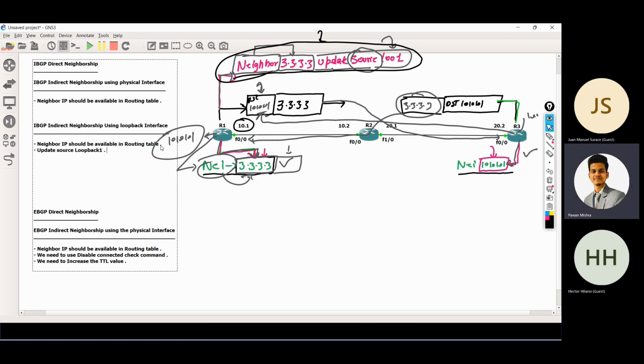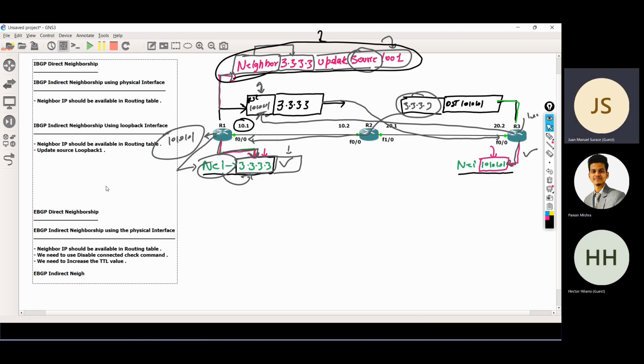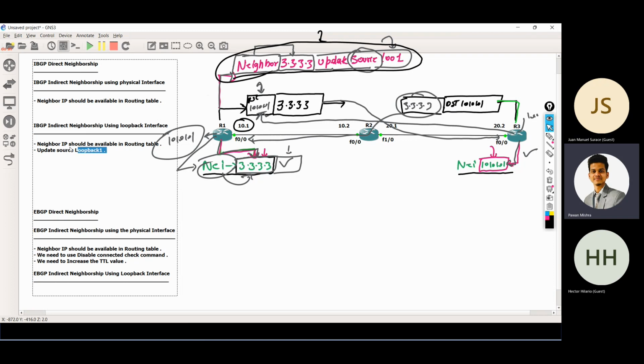Okay. Exactly the same in the case of, we'll discuss now, eBGP indirect neighborship using loopback IP, or we can say loopback interface. Here also the same requirement is there. First of all,